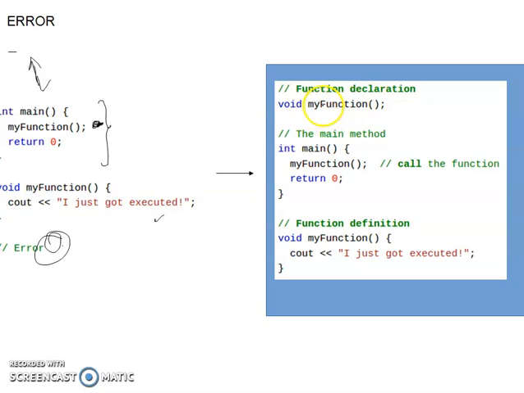You are telling the compiler that in future I'll be using a function called my function, and it will not be returning any values, and you start your main program. Whenever you are ready to implement it, you can implement it anywhere in your program. So now your compiler knows that the user will be using a function called my function, and he will be implementing it somewhere in his program. Whenever you call my function from your main program, your compiler knows that it is implemented somewhere in your program, and it searches for it and executes it.